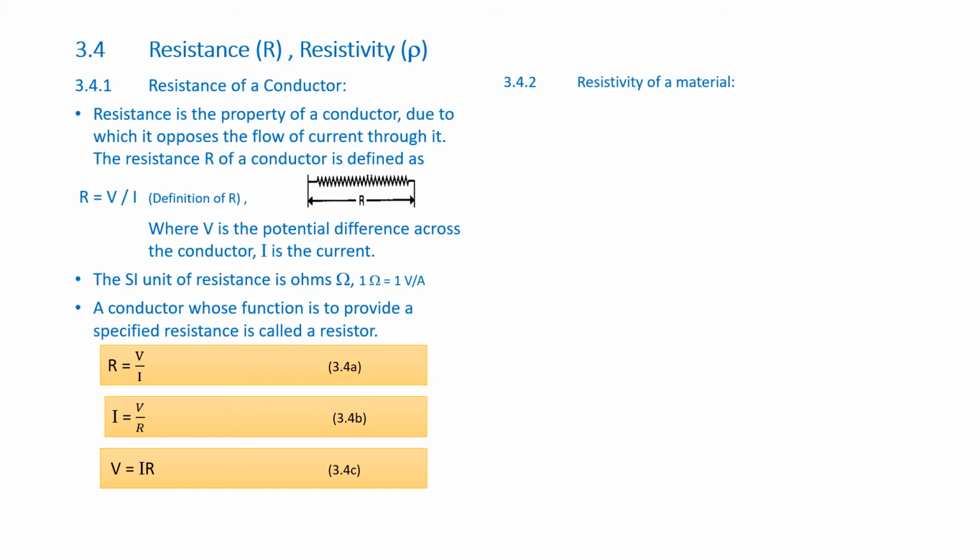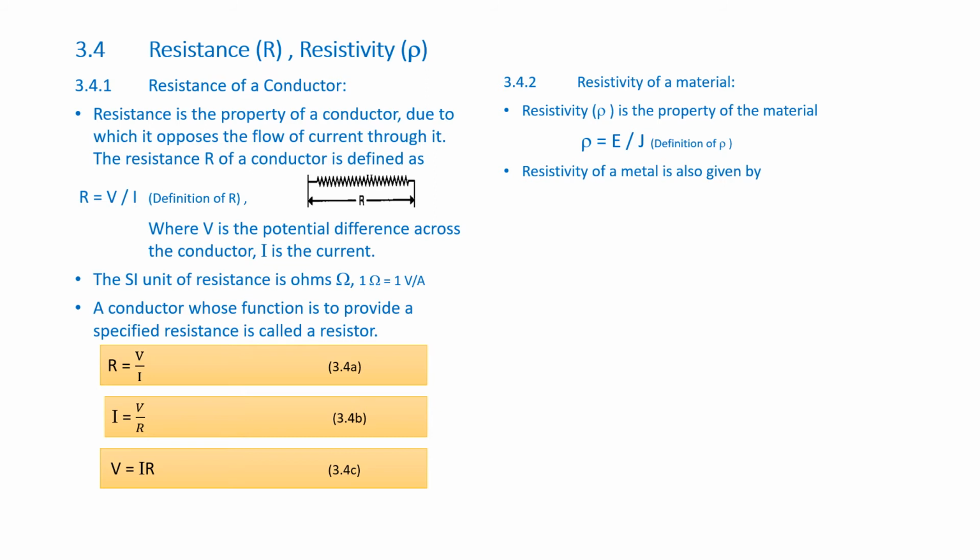Now, having defined resistance, current, voltage, potential difference, we will study another property called resistivity. Resistivity is related to the properties of the material and it is represented by the symbol rho. Resistivity, rho, is the property of the material, whereas resistance was the property of the circuit. So rho is equal to E by J, that is the field divided by the current density. This is the definition of resistivity.